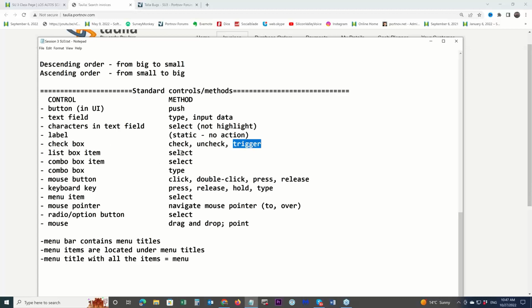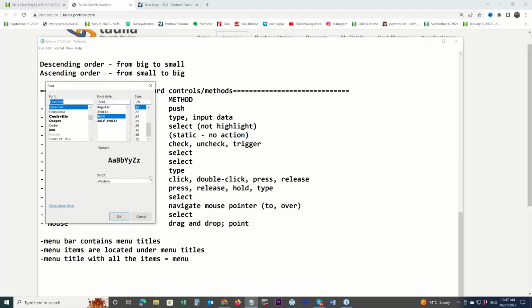List box item, you select. Combo box item, you can select. The difference between list box and combo box: here is the list box. You just choose one. Those three are combo boxes. You start typing something into the text field. It's a combination of text field and the list box. With the list box, all you can do is choose one.